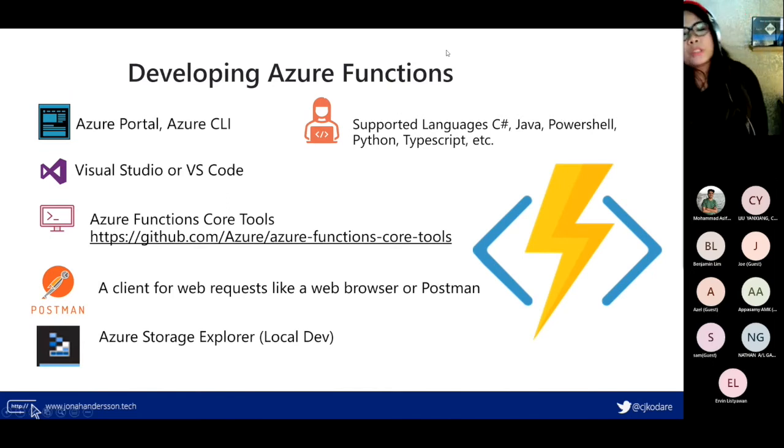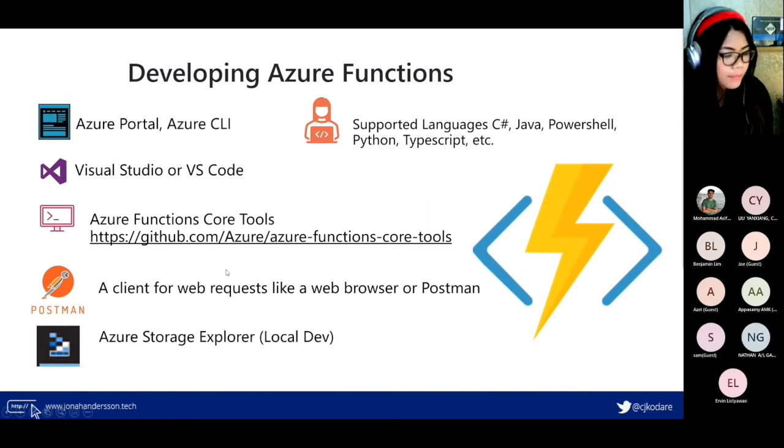In order to develop this locally, you would need to have the latest version of Azure Functions Core Tools. And it's good to have Postman or something like a web browser that you can use to check your HTTP requests. And Azure Storage Explorer, it's also on the portal, but you can actually download it.